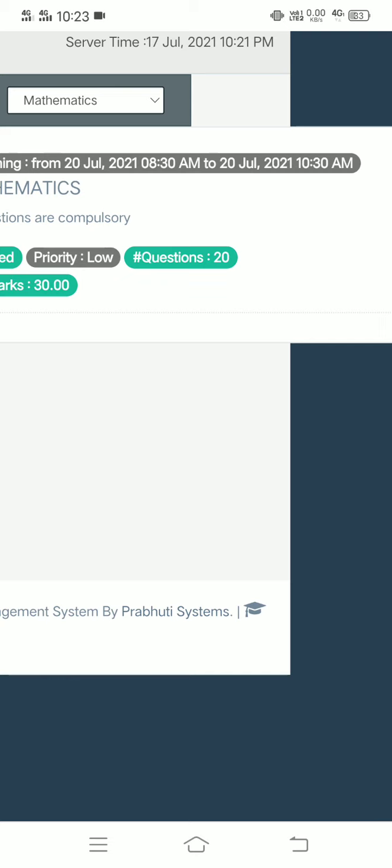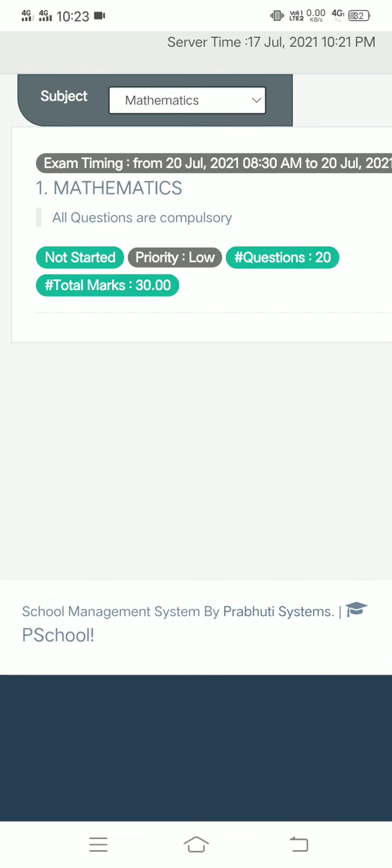So by 12:10, within 10 minutes, you have to scan your answer sheet, save it as a PDF, and send it to that particular subject teacher's personal WhatsApp number, dear students. Now let me tell you how you will scan your documents.